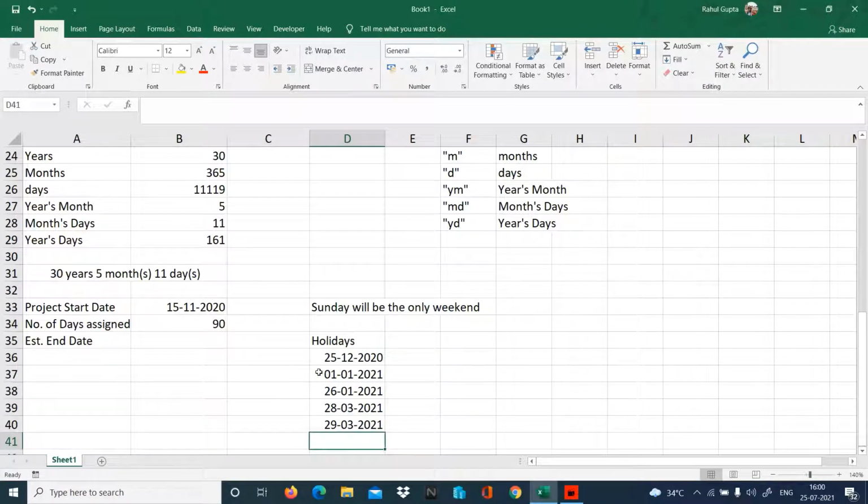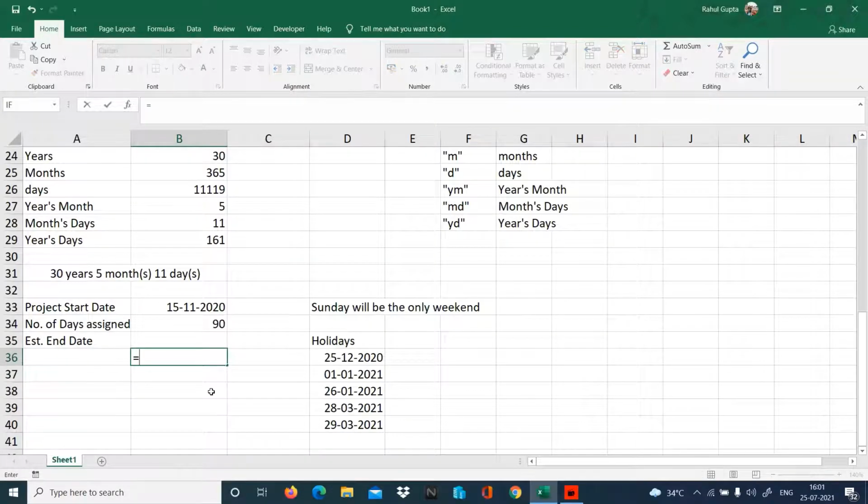So now we have to get the end date, and we have to take care of Sunday as a weekend and these holidays also. So let's get the estimated end date over here. I'll type is equal to the WORKDAY function. What WORKDAY does is, it takes start date, days and holidays and gives you a date which is the end date according to all these aspects.